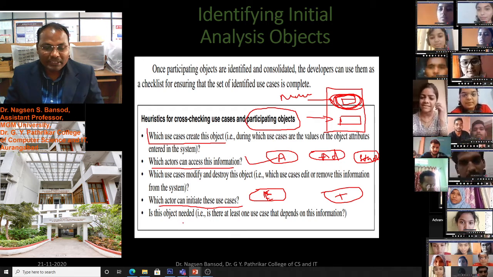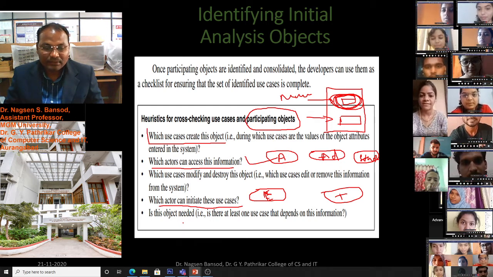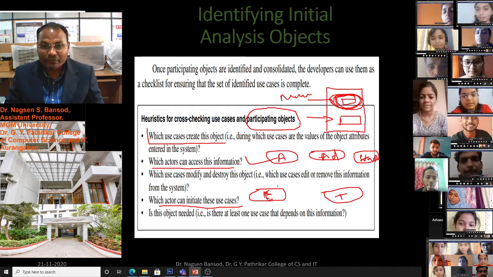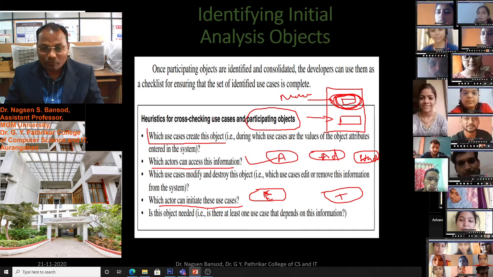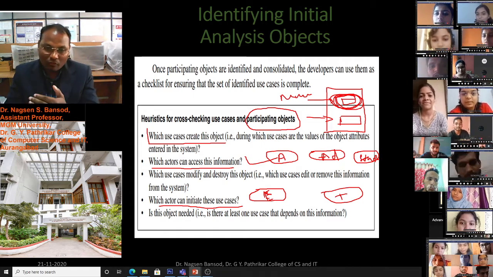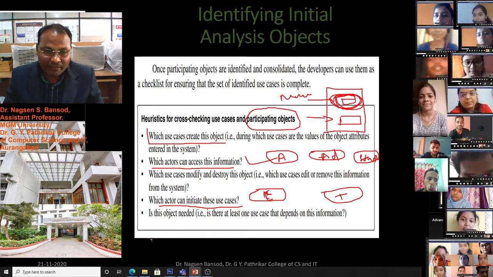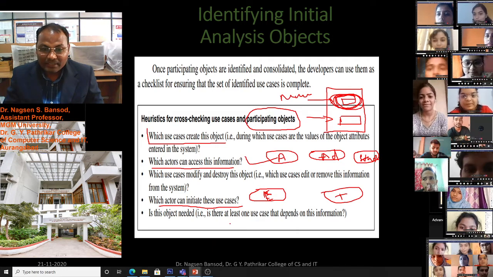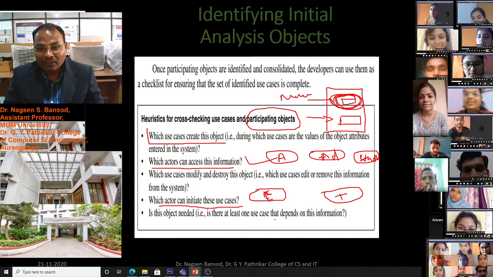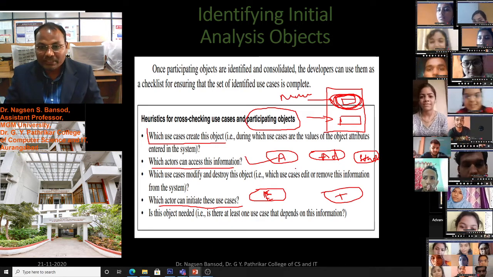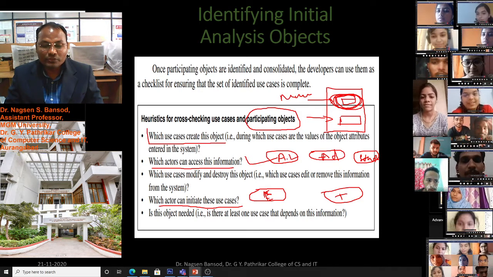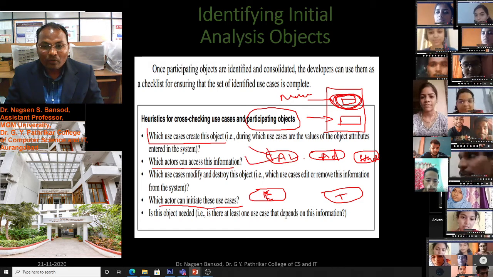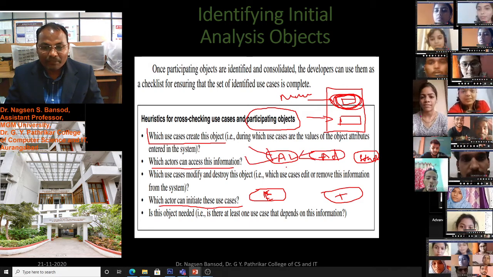Is this object needed? Then again we have to ask questions. Is the application form component required in our software? For example, is there at least one use case that depends on this information? Suppose for the application form use case, how many objects or use cases depend on it?